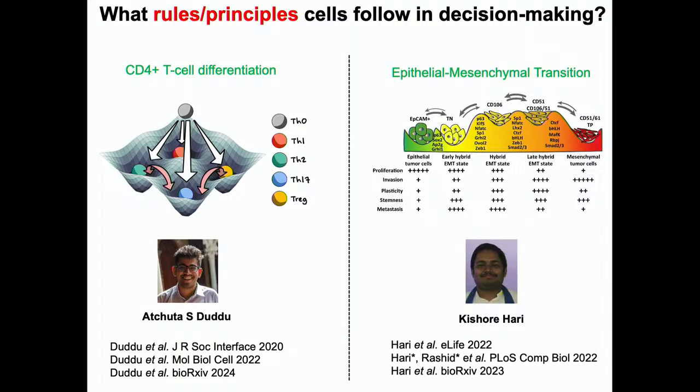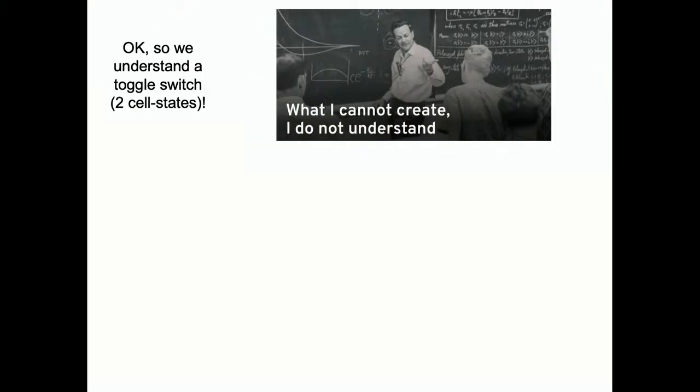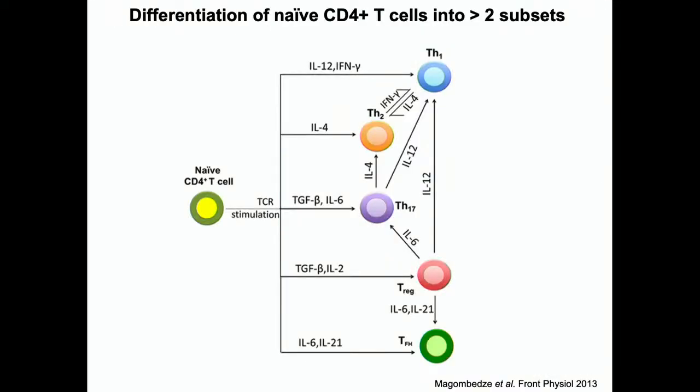Okay. So I'll present two examples, one today and one more in detail tomorrow. We did look at T cell differentiation, where a T cell could give rise to at least 4 or 5 different states. For the same T cell, you give it different cytokines, you get these different states. People do these experiments on a regular basis. This is CD4 positive T cells.